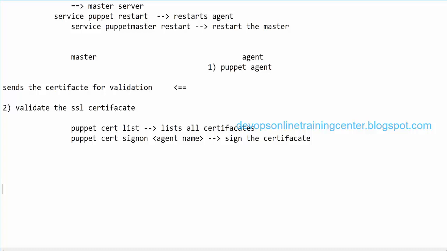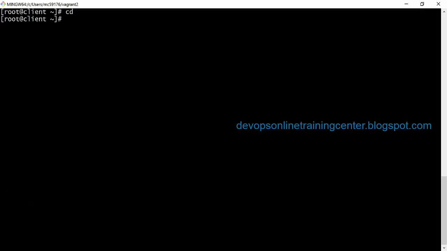So let us go to the configuration part. So I have two machines. One is client, the other is the server. So I'll just go to the documentation and